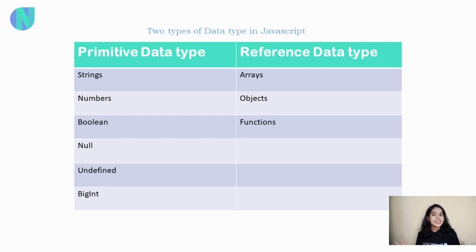So in the last part we have already seen the containers in which we can store data, right? So in this video we're going to learn about data types. One thing a beginner needs to know is that there are two types of data types: primitive data types and reference data types. So let us see on the screen what both of these include.